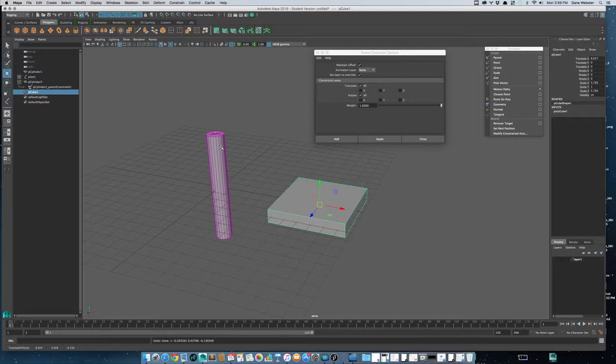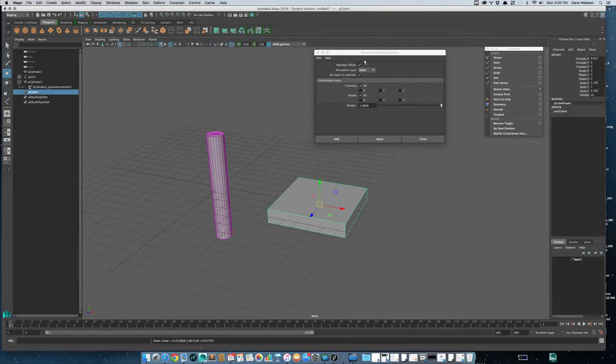You might say, so why would I do this, couldn't I just parent it? The whole idea with constraints is certainly for rigs, it makes it easy because you're dealing with multiple hierarchies. In an animation, you might want to turn something on and off. So if this was a hand picking up a wand, we might want to have the constraint turned off and then at a certain point of the animation turn it on so that the hand could pick up the wand,